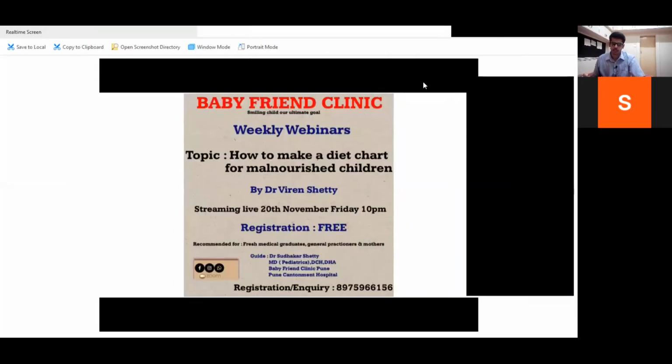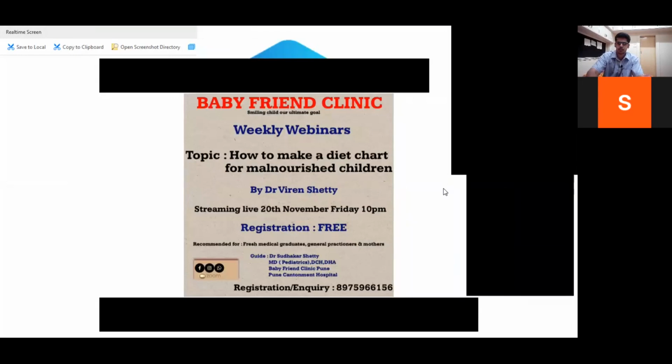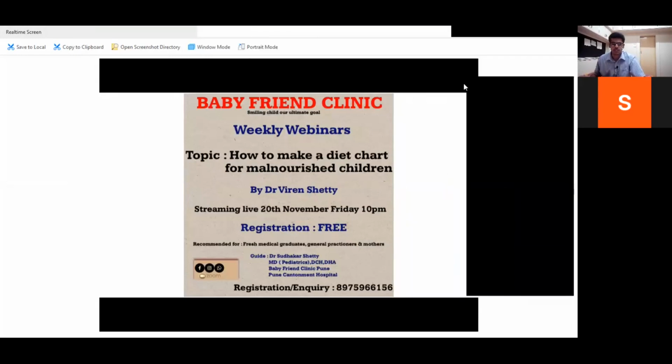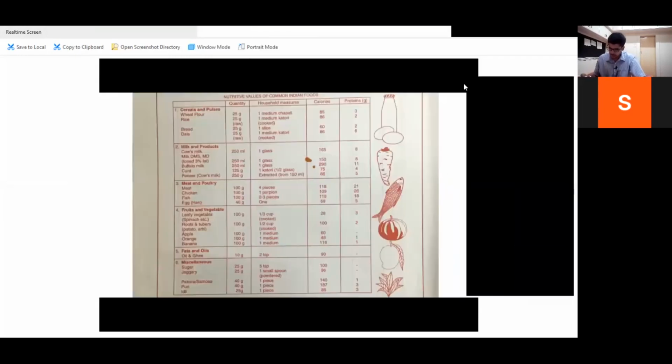So today's topic is how to make a diet chart for malnourished children. Last week we studied how to diagnose this condition. Two days back we sent you this picture. Now the importance of this chart is that